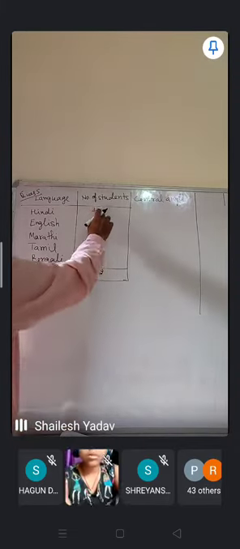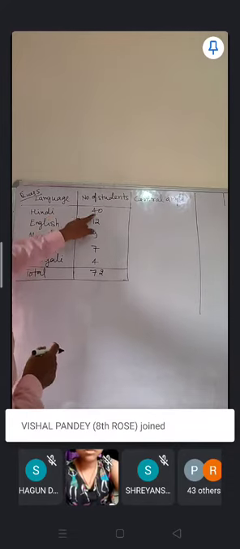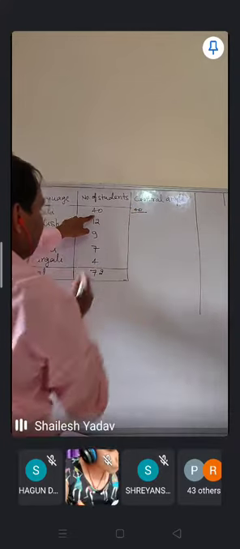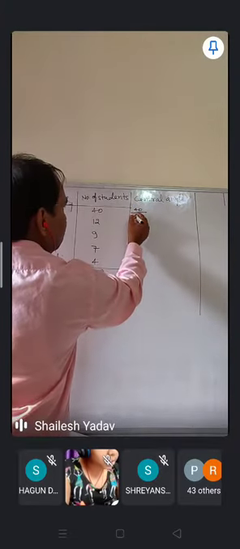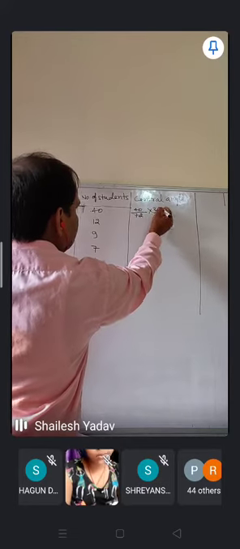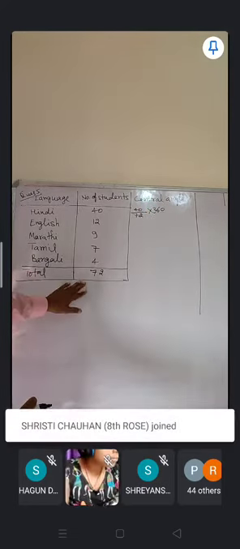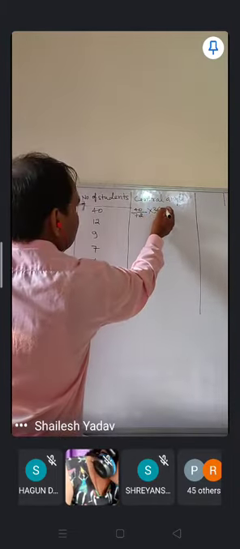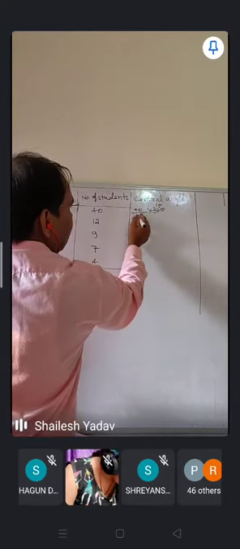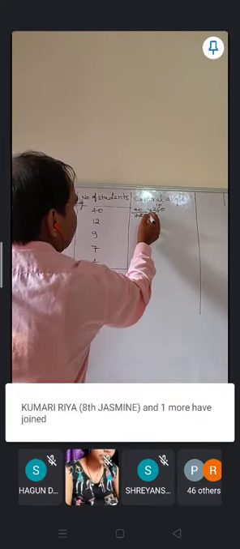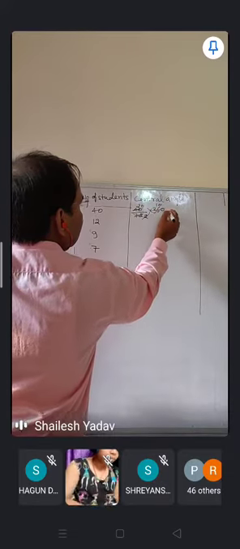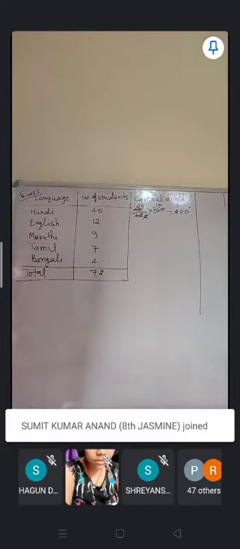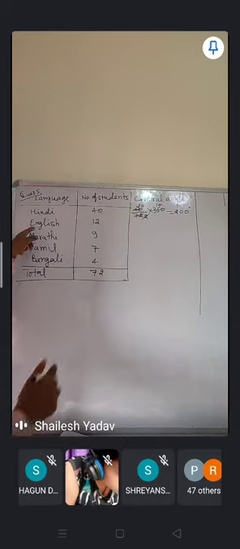If I am going to find the central angle for Hindi, it will be the value of Hindi, that is 40, divided by the total value, 72, multiplied by 360. That is the way to find the central angle. You will find the central angle for each and every language. Here 36 ones are 36, it will be 10, and 36 twos are 72, and it will be 20 times 40. So 20 into 10 is 200. So what is the angle for Hindi? That is 200 degrees.